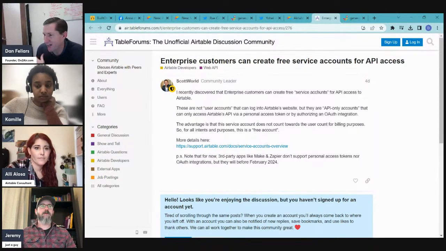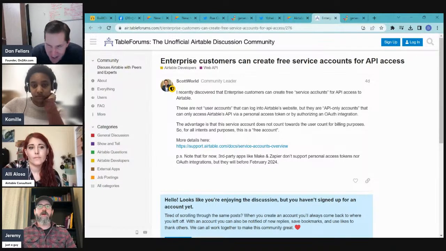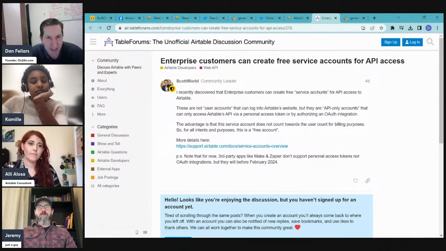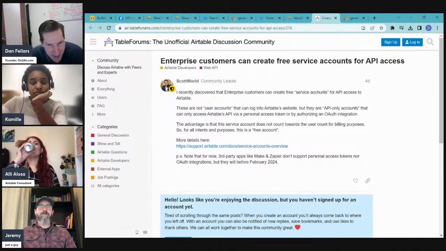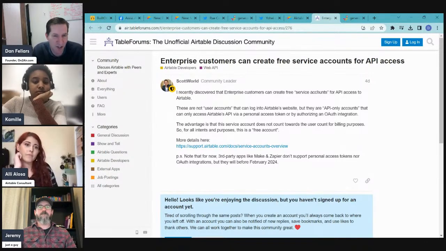This is just kind of a show and tell from Scott, talking about how if you're an enterprise account, you can create what they call service accounts. That's kind of like an API key that's not tied to a user.